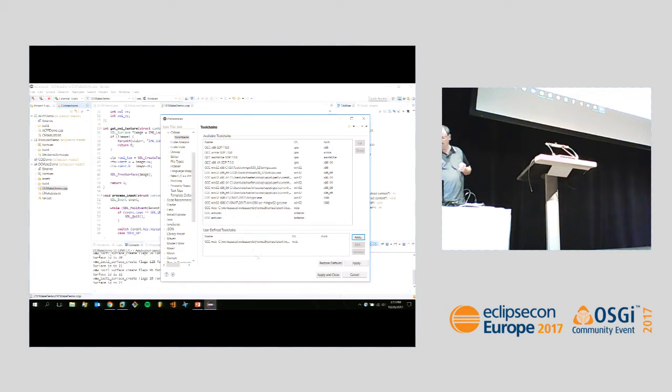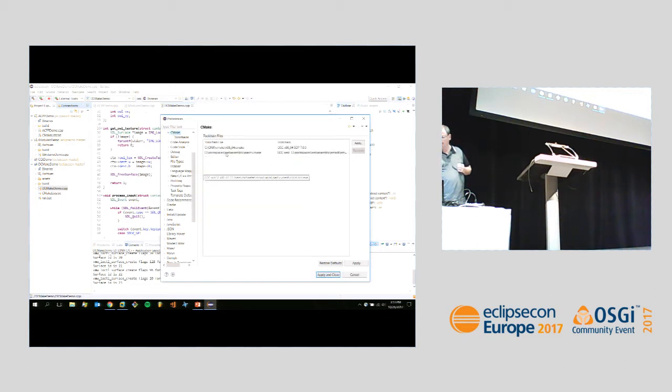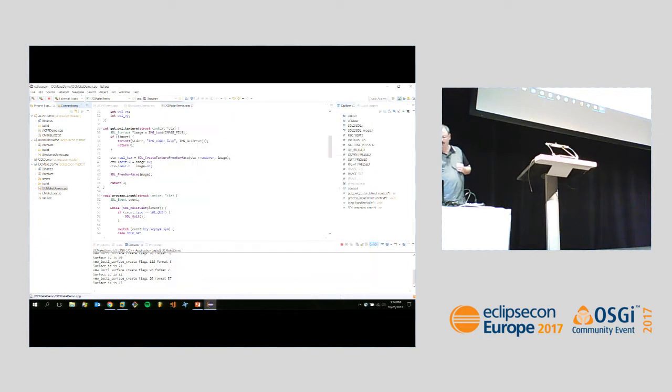And I was able to tell CDT about, okay, I got a compiler, and this is the path to it, and it supports this operating system and architecture, which matches that target. I was then able to tell CMake, hey, here's a toolchain file that uses this toolchain. So now when I switch to the browser target,